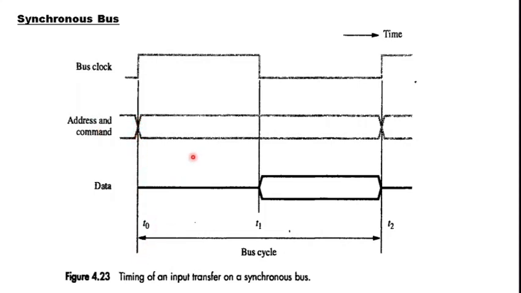By the time t1, RAM is supposed to recognize the address that the CPU, the master, has issued, namely its address and the read command, and be ready with the data to be transferred to the master. So by t1 the slave will have the data ready, and between the time interval t1 to t2 the slave will put the required data requested by the master onto the bus. This is the ideal operation of a synchronous bus protocol, where the entire data transfer time is one bus clock cycle. In the actual case this need not be the case.